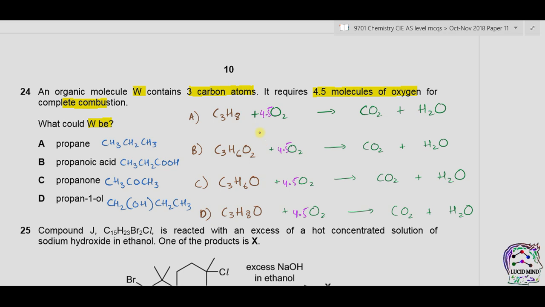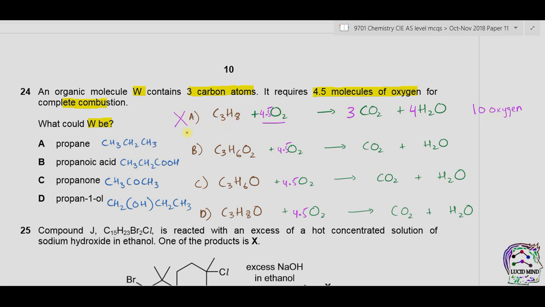Let's balance the oxygen atoms. We have 9 oxygen atoms on the reactant side, 2 and 1 on the product side, so we can balance carbon atoms, 3 carbon atoms. Hydrogen atoms will be balanced. Now the number of oxygen atoms is 3 times 2 (6) plus 4, that is 10. So as we have 9 oxygen atoms on the reactant side and 10 on the product side, therefore A